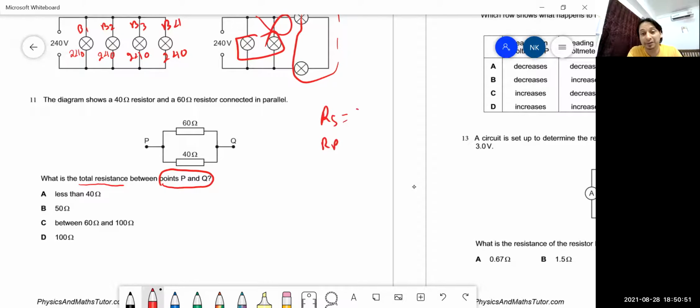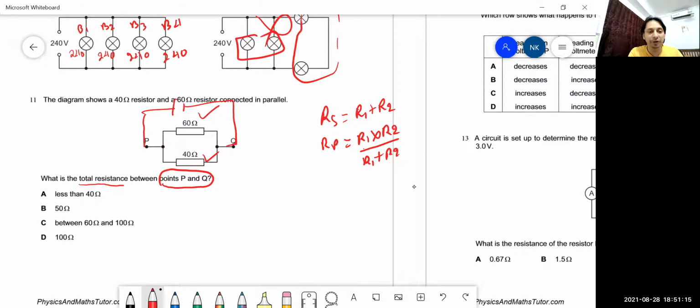If the resistors are in series, then we have the formula R1 plus R2. If they are in parallel, two resistors, then we have the formula R1 multiplied by R2 divided by R1 plus R2. But here you see that these two resistors are in parallel combination. You can redo the diagram and assume like this, and that we have connected a battery.